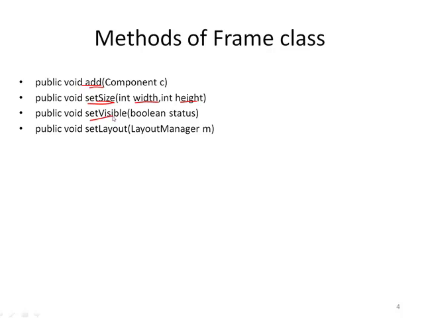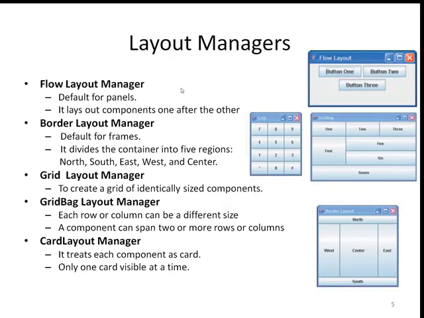Let me show you important classes that represents the layout manager. These classes are used to change the arrangement of components. Let's see one by one. The first one is Flow Layout Manager. This Flow Layout Manager is the default for panels. It lays out components one after the other until it runs out of the row. Then it starts a new row of components. See this picture. So all the components are placed in a single row. If it is end of the row, then only it starts a new row to place the new components.